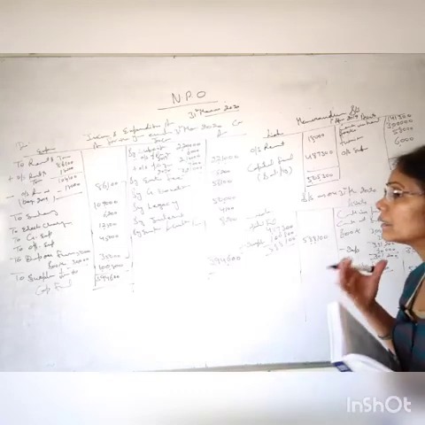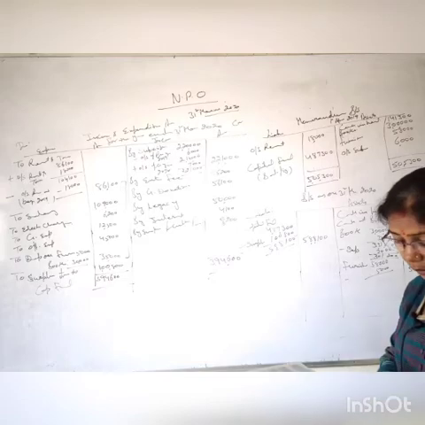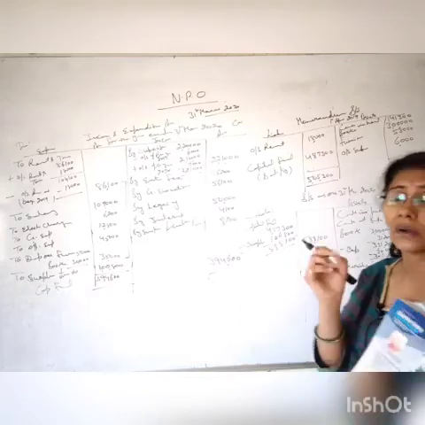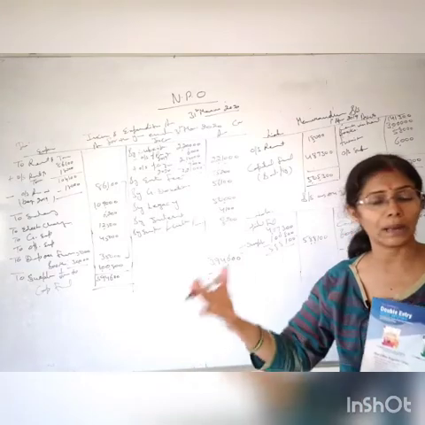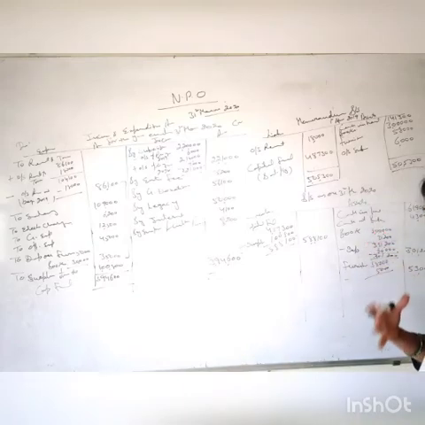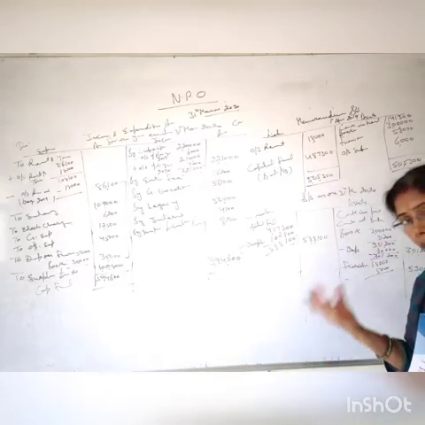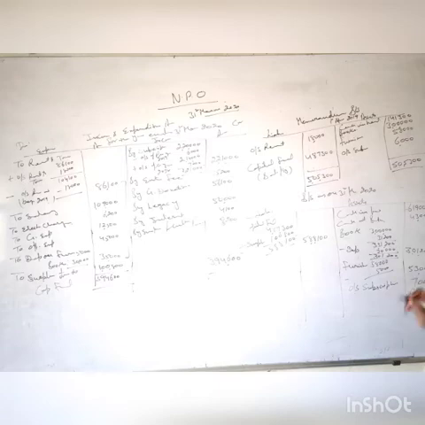If we look at the adjustments of the subscription, point number 2, subscription in error on 1st April 2019, we have already done. Now at the end of this current year, 7,000 rupees subscription is outstanding. This is your income, you have to receive it, it's outstanding. So we show it in the assets. Income which has not been received but will be received in the future is your asset. So I show it as outstanding subscription, 7,000.